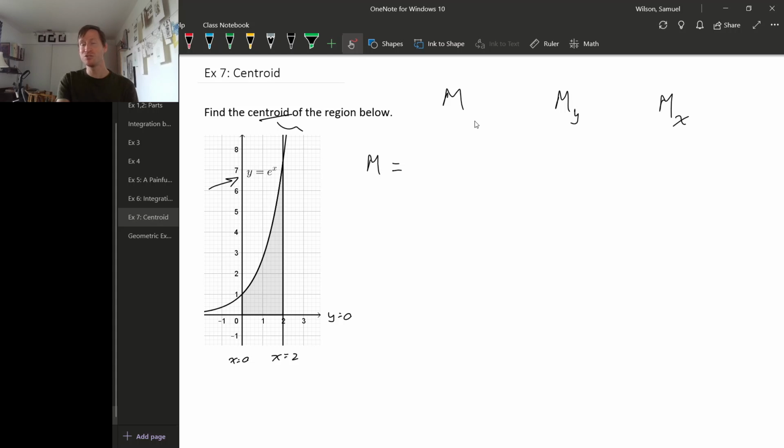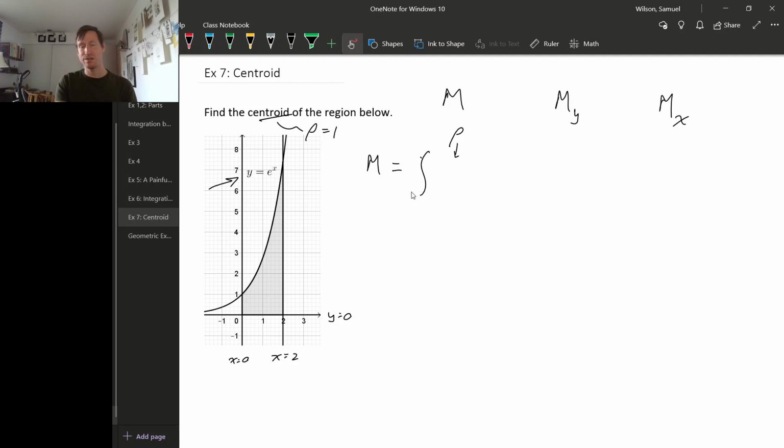So we'll use our usual tricks for getting the moment about the axes and the mass, but we'll just take the density to be 1. As long as your density is constant, the density will cancel when you actually find the coordinates of the centroid. So we might as well take it to be 1 because the density is going to cancel anyway. Okay, so the mass is the integral of the density, which is 1, so I'm not even going to write it, times